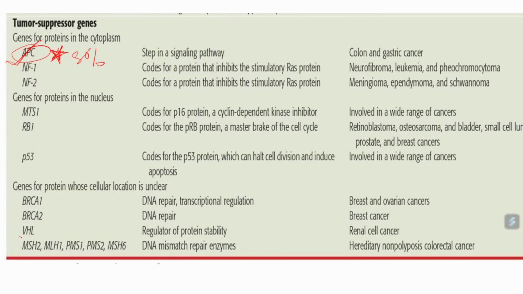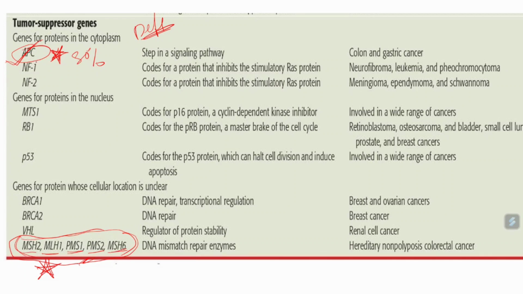And here we have MSH2 gene, MLH1 gene, PMS1, PMS2, MSH6. All these are other tumor suppressor genes which are responsible for causing colorectal cancer. These I'll explain in the microsatellite instability mechanism. Okay, so these genes are very important. Here in tumor suppressor genes, particularly the APC gene,